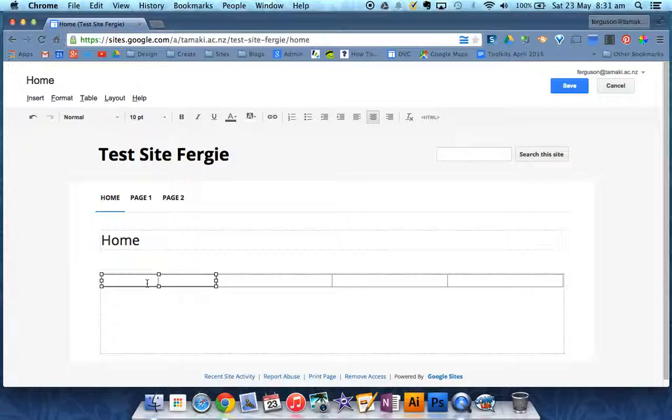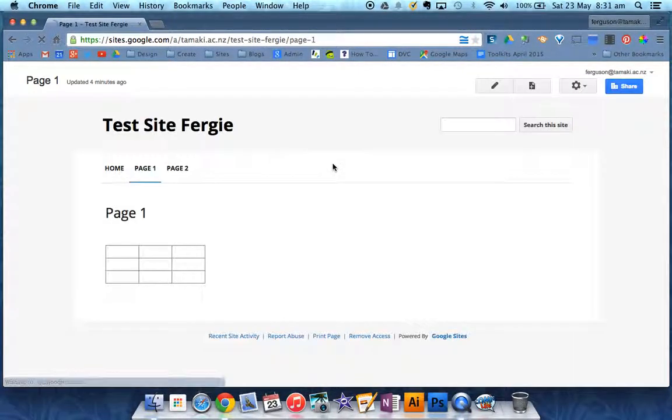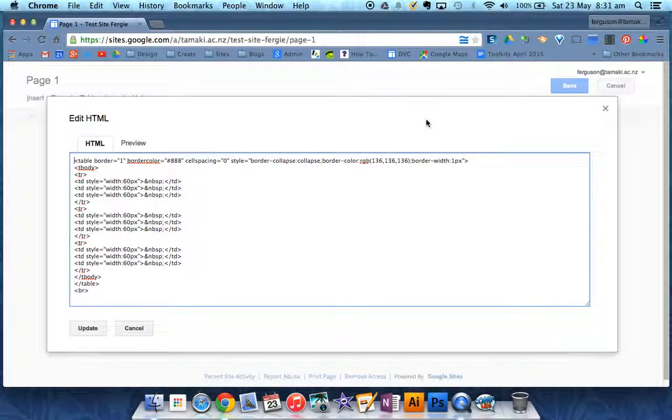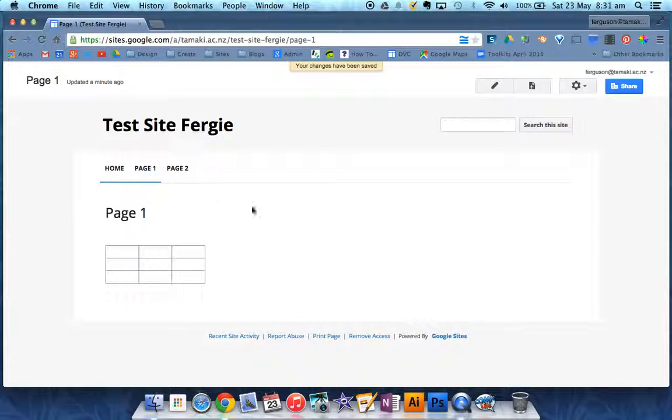Now the reason I only put one row in, if I show you page 1 here, is that I've put in all of the rows that I want there. I want a 3 by 3. So if I go into the HTML of that one, you've got a lot more numbers to change into the width that you want. I would have to change all of those 60s into 250. And I didn't want to do that. So if you only put one row on,